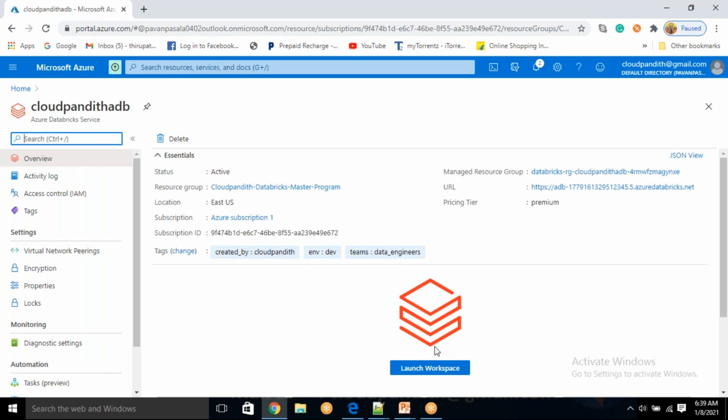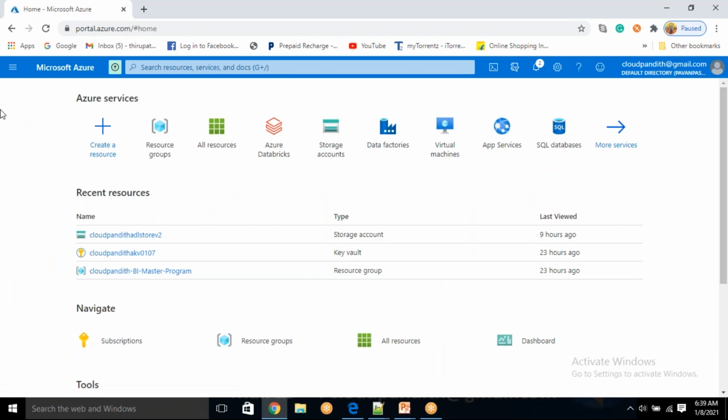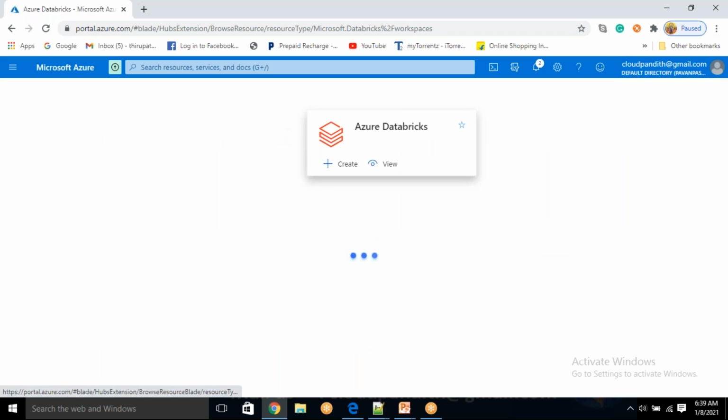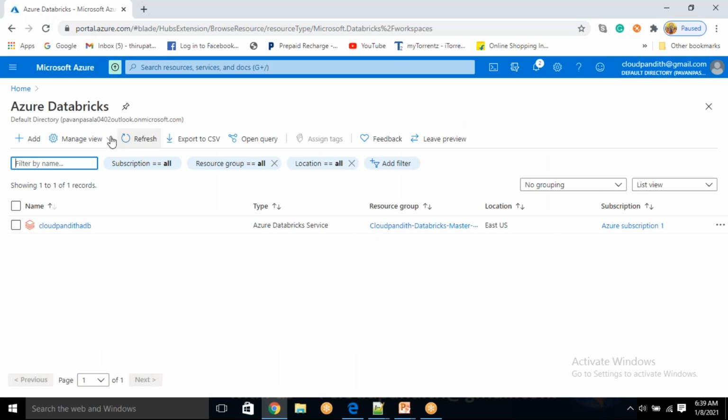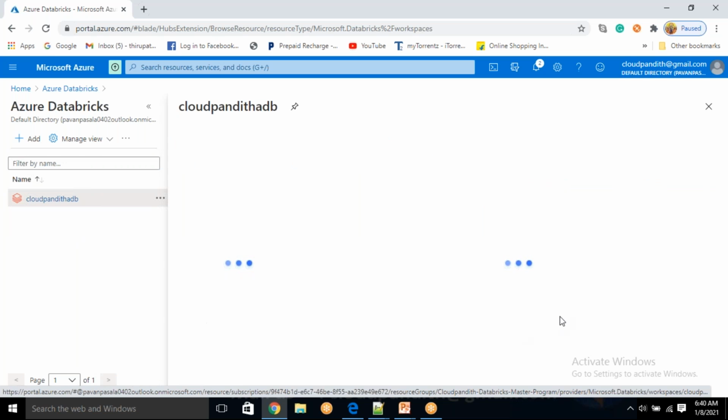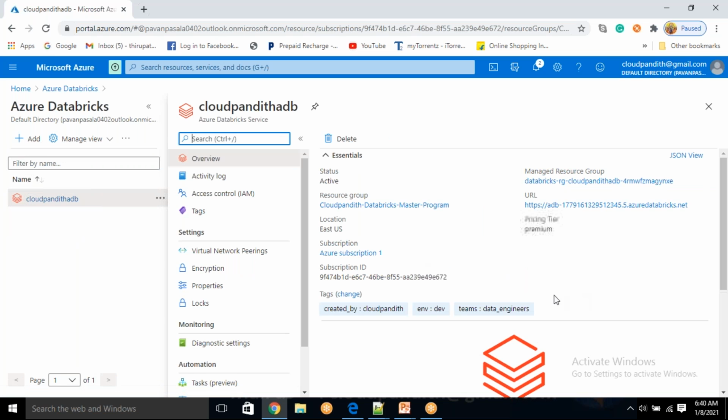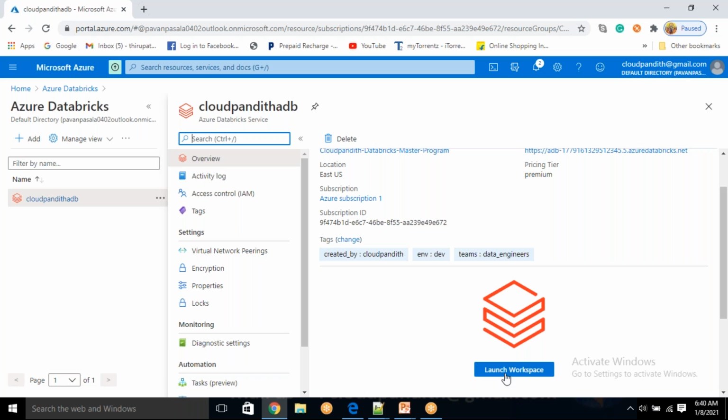Okay, you see here. Suppose I just clicked on that option, so I came here. If you are not there, you are like this. First you need to click on this particular Azure Databricks service. If any service is already created and it is up and running, you will see something like this. Then click on that, you will come to the same place. Now click on launch workspace.